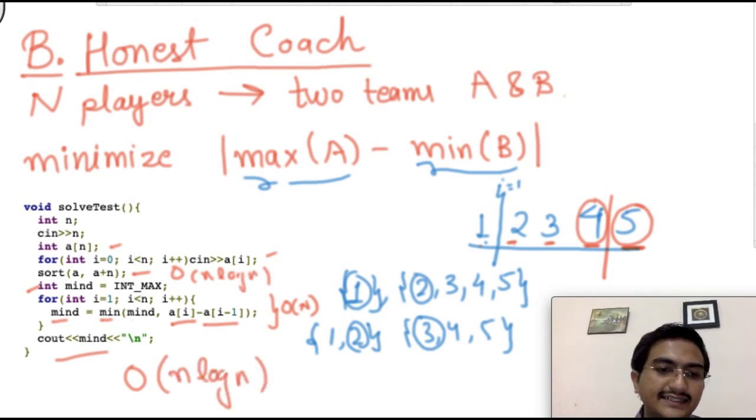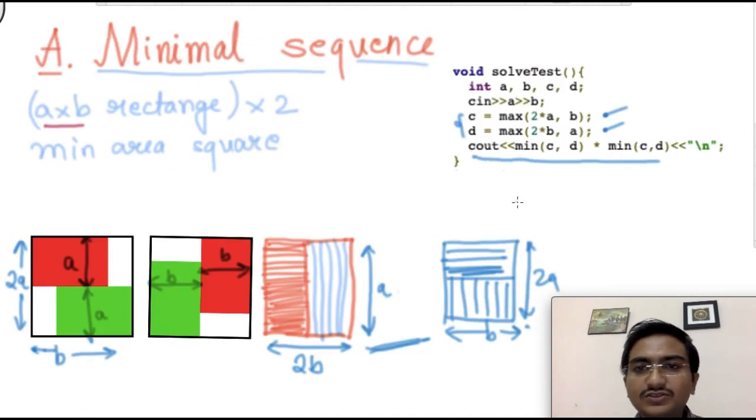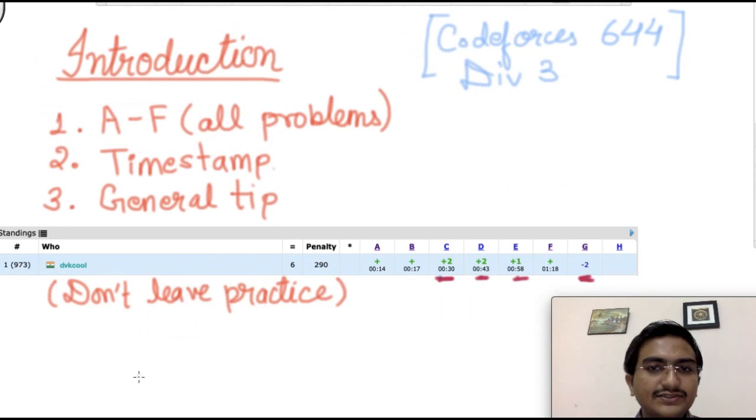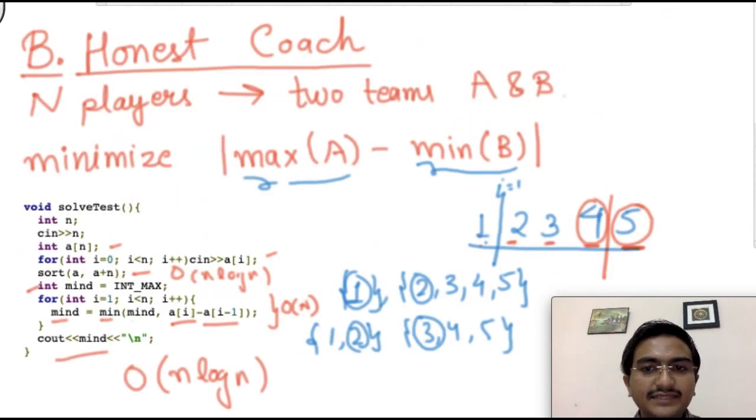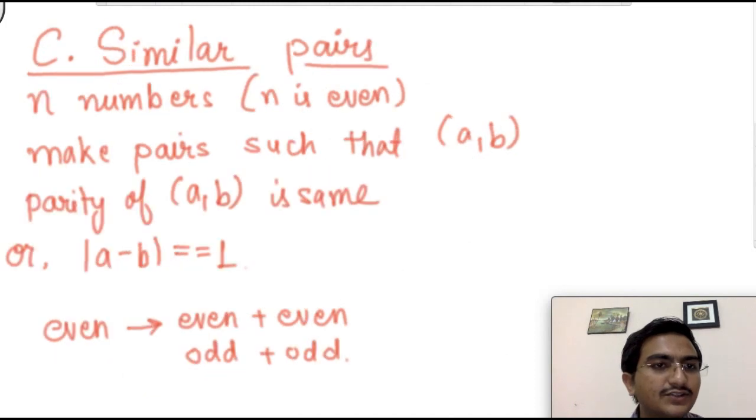Okay, let's write the complexity of the previous two as well. So basically this is O of 1, right? And here also, n log n. Okay, so basically we have an n log n code here, right? And so that should be good enough, right? So let's go to problem number C.